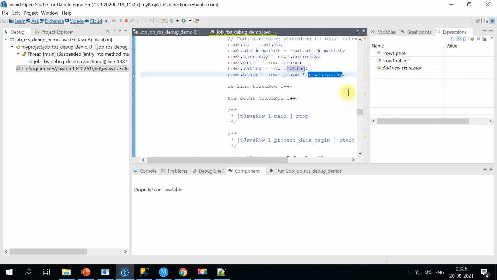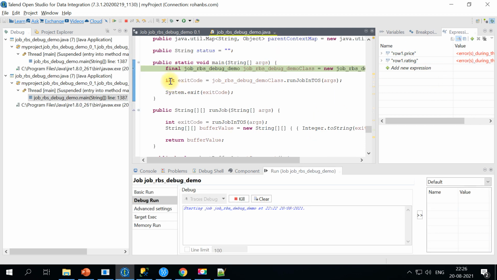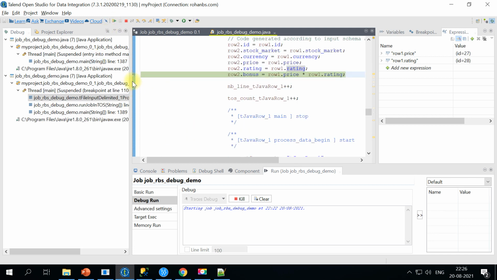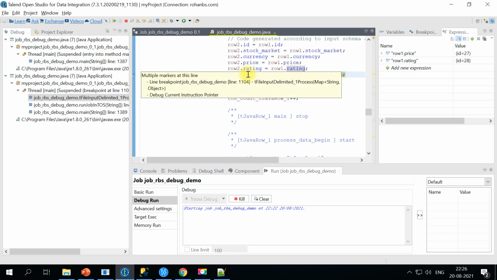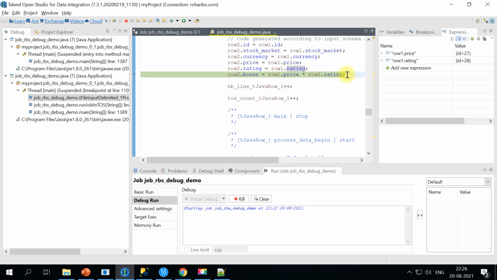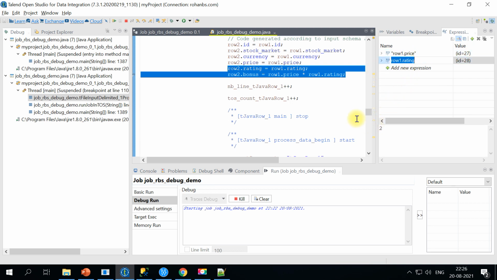So let's go ahead and run this, right? The next step here is to click on this resume. It will go ahead and stop at the breakpoint. Okay, see, here is our breakpoint. The execution has come to this point, and on the right hand side in the expression you will see the values for the price and the rating.